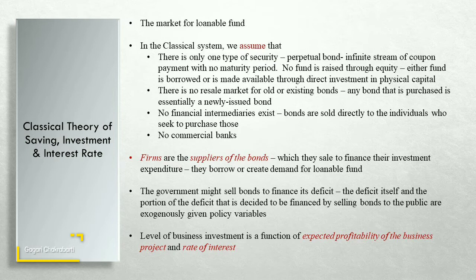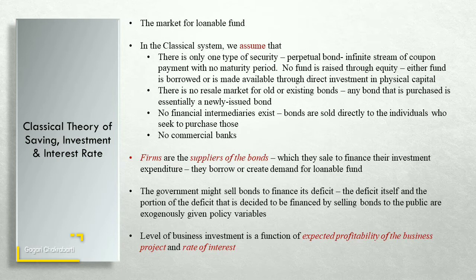Individuals will not spend the entire part of their income to purchase the consumer goods. Rather, they will save a part of it, and this saving will appear as a supply of loanable fund in the market. On the other hand, there will be firms who will be creating a demand for the loanable fund for financing their investment projects. In this way, the saving function and the investment function will be determined and specified in the market for loanable fund. The interaction of saving and investment will determine the interest rate in the classical model.